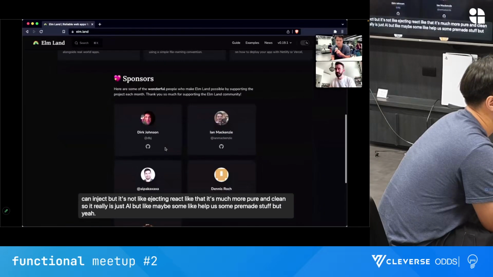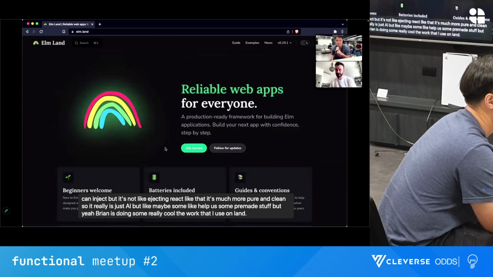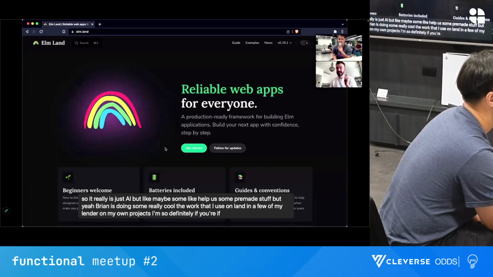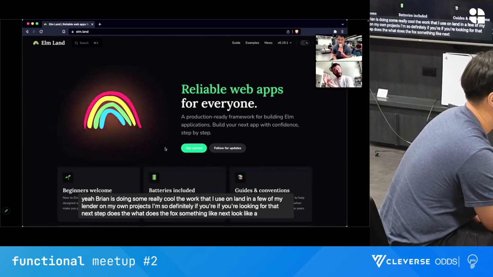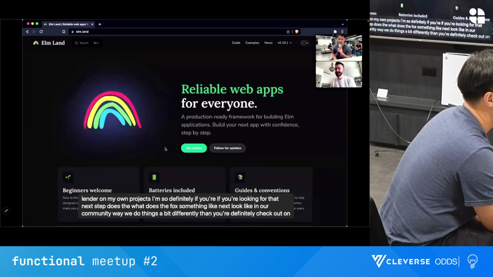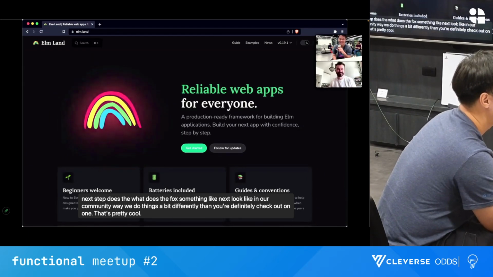But yeah, Ryan is doing some really, really cool work there. I use Elm Land in a few of my Lamdera and my own projects. So definitely, if you're looking for that next step to see what something like Next looks like in the Elm community where we do things a bit differently, then definitely check out Elm Land. It's pretty cool. Oh, okay, that's what I'm looking for.